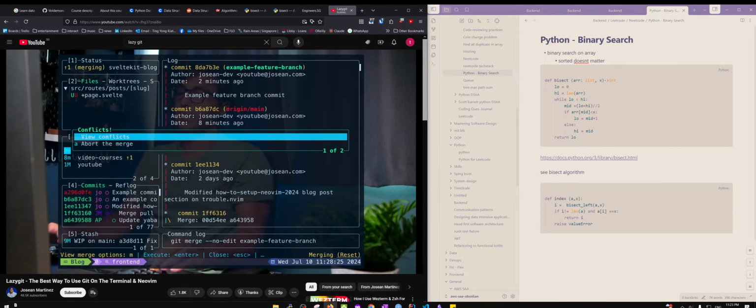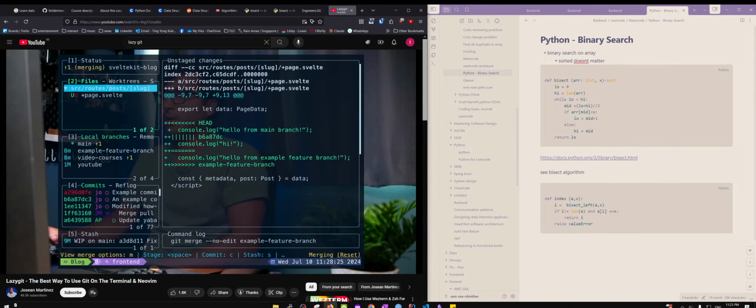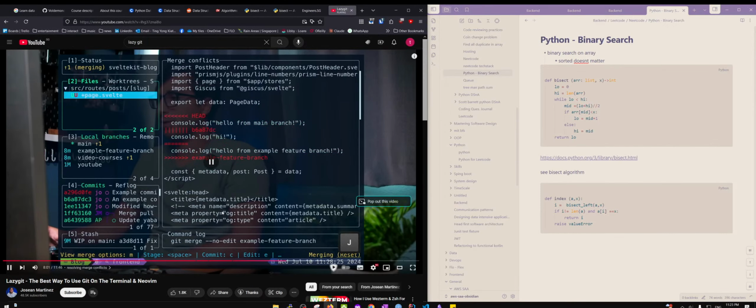We can view conflicts by pressing enter. I'm going to go down here to page.svelte, which is where we have